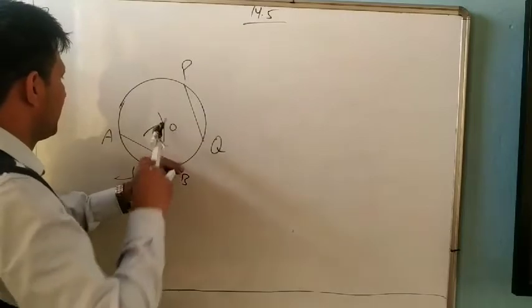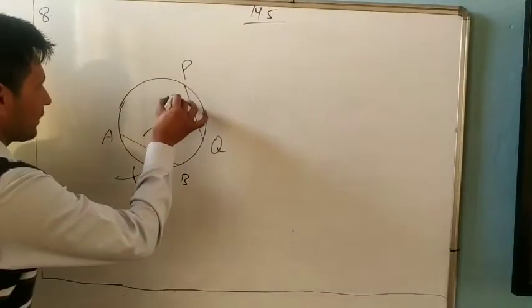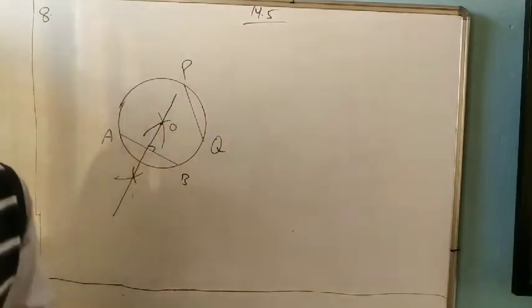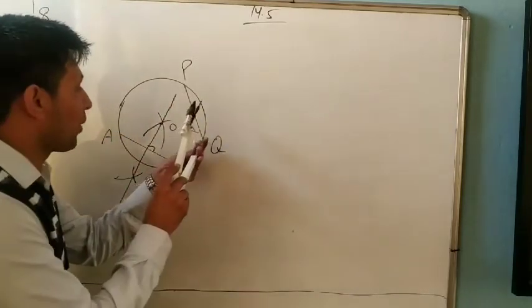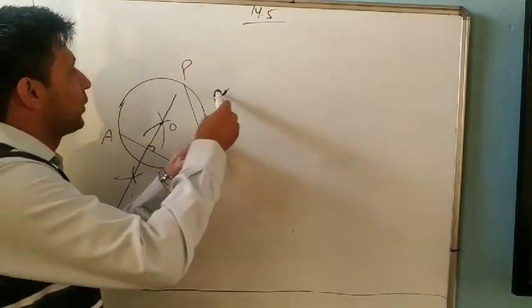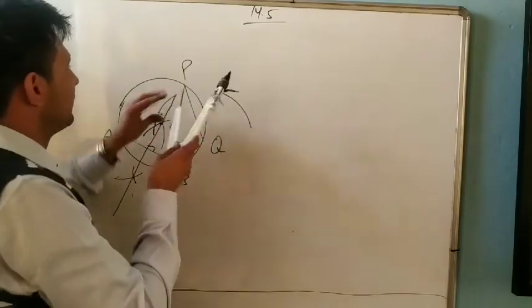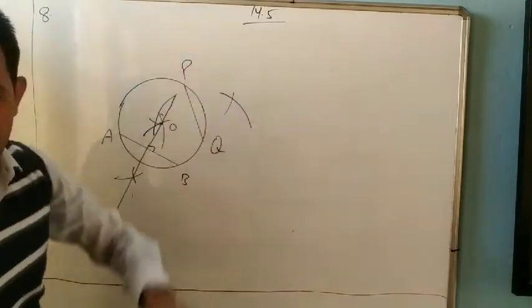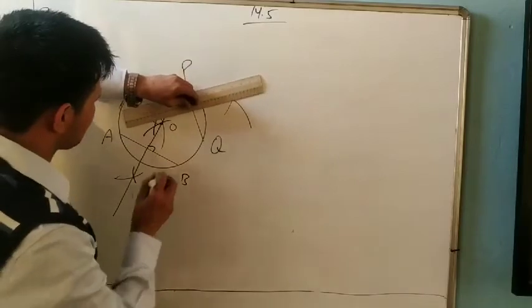So we open it, and we draw the perpendicular bisector. Same as it is, we will draw the perpendicular bisector of PQ, and PQ how will we take? Open compass more than half. Once here, once downside, here and here. And now we will join the second perpendicular bisector also.